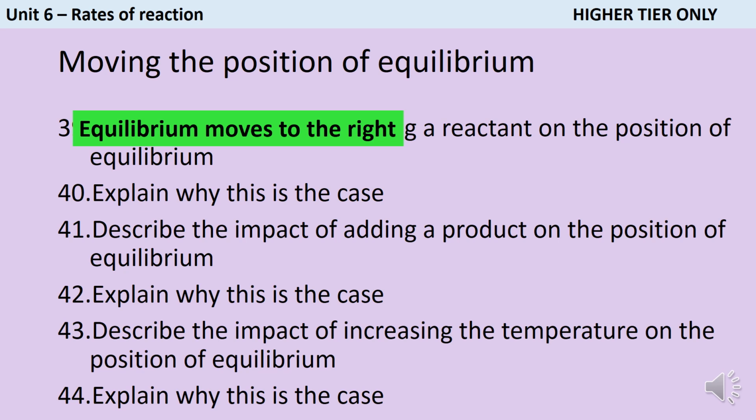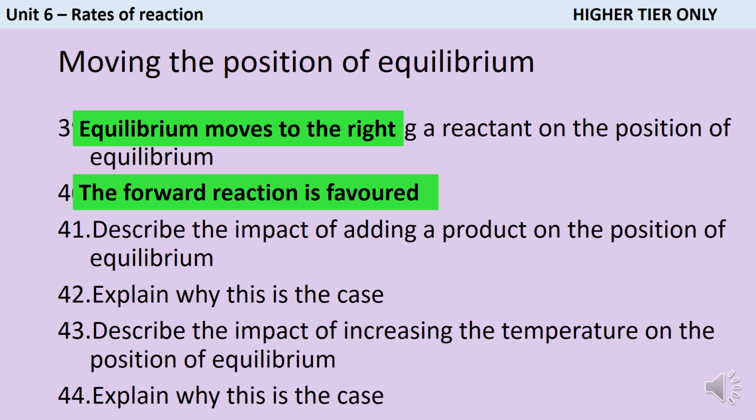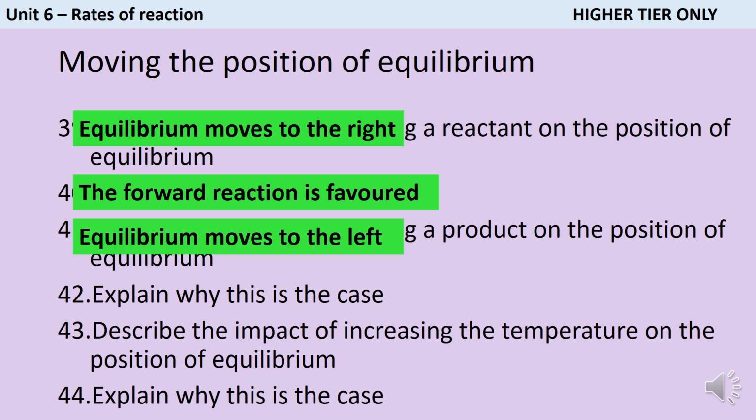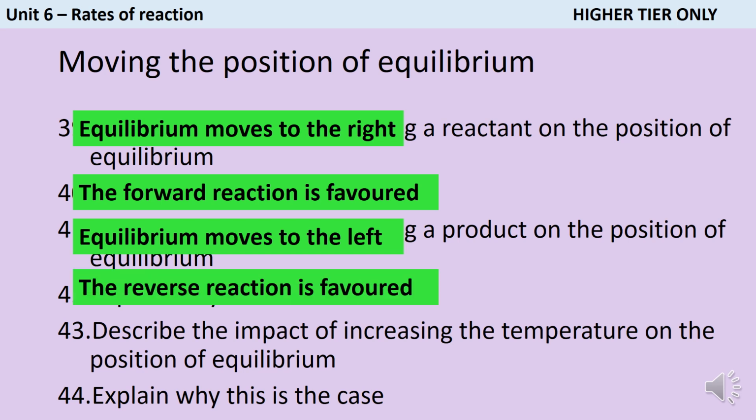If you think about it, if we're adding more of the reactants, the things that are on the left, we're increasing the concentration of them. They're more likely to collide with the other chemicals and they're more likely to react. Meanwhile, the backward reaction is still going at the same speed. So overall, this is going to push the equilibrium to the right. If we add a product, then the reverse happens. So the equilibrium shifts to the left, and this is happening because the backward reaction is going to be favoured,